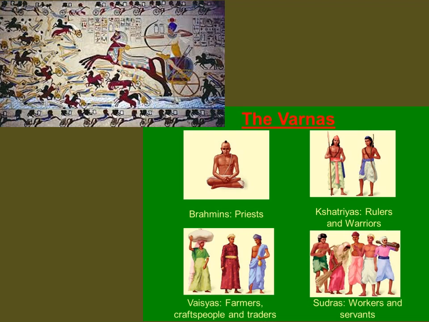So we've talked about their classification, their hierarchy of the social classes. Brahmins at the top, priests, then the Kshatriyas, the rulers and the warriors, then followed by the Vaishyas, farmers, craftspeople, traders. And in this context, trading and commerce became more and more important, based on economy as a medium of transaction. And below it, we have the workers and servants, and then even below them, we have the untouchables.